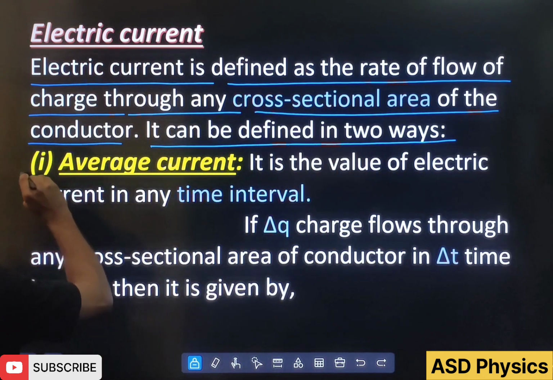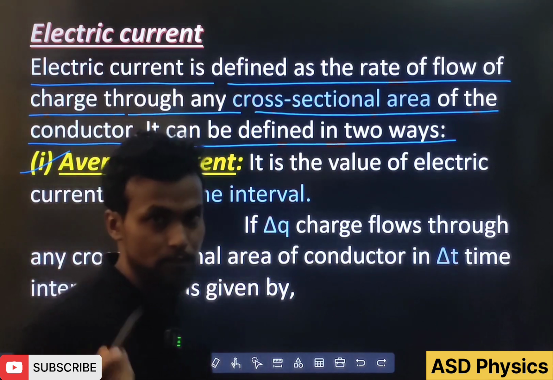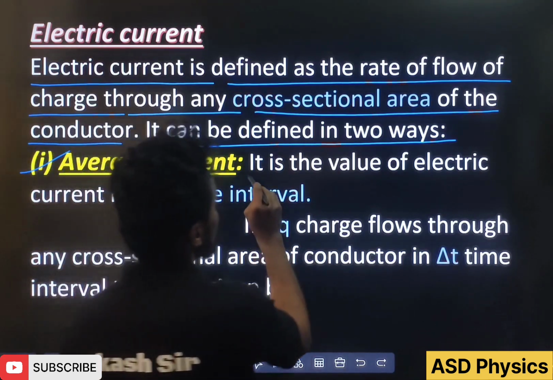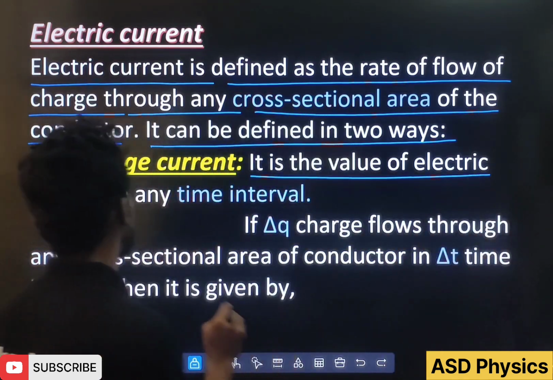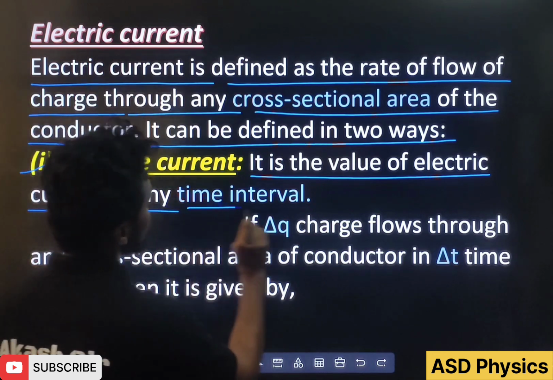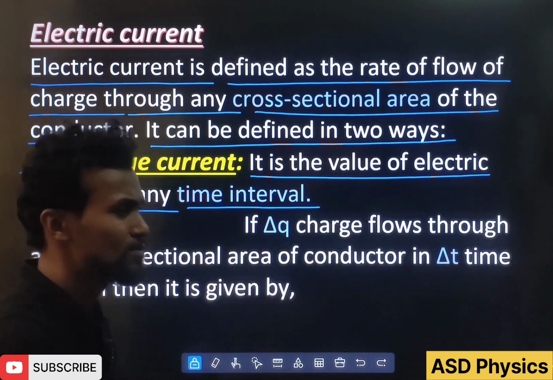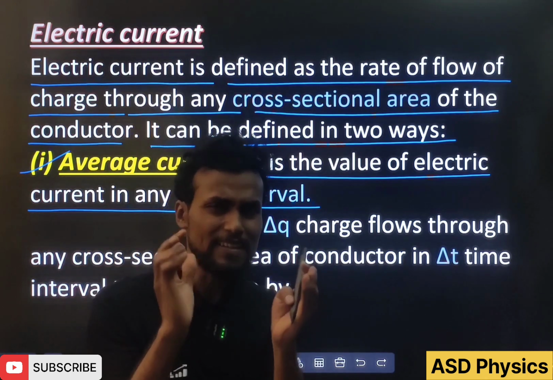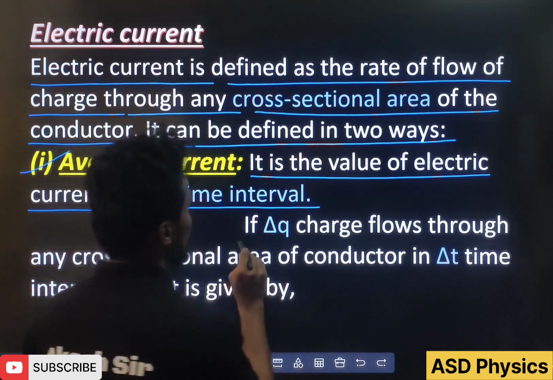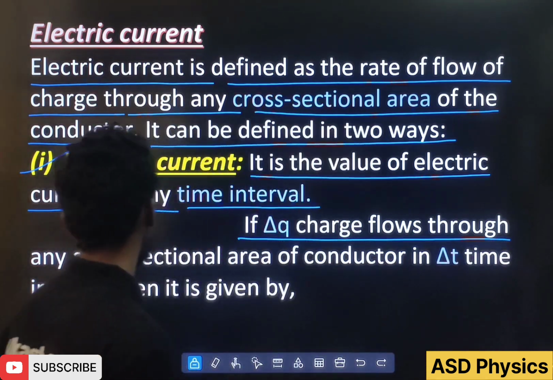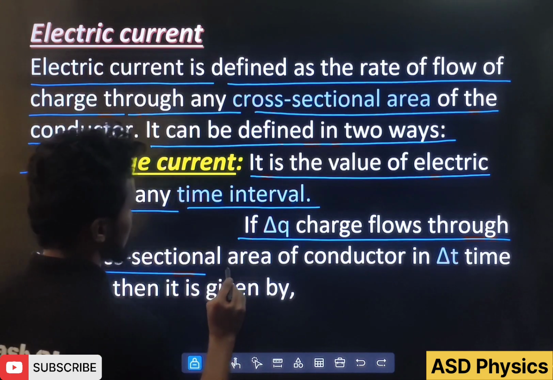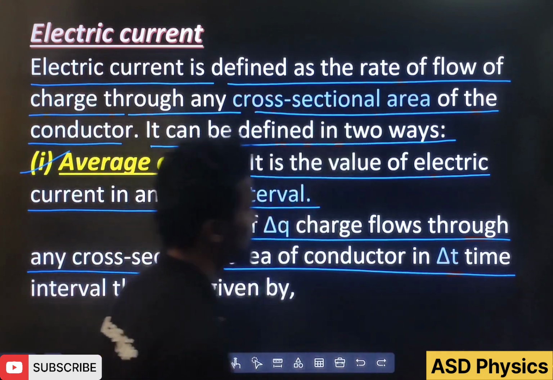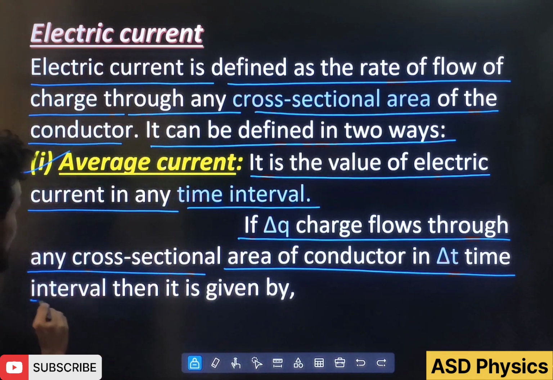So first one, what is given here? The average current. What is this? It is the value of electric current in any time interval. Time interval means, let's take for example t equal to 2 seconds to t equal to 5 seconds, some time interval like that. So see, if delta q charge flows through any cross-sectional area of a conductor in delta t time interval, then